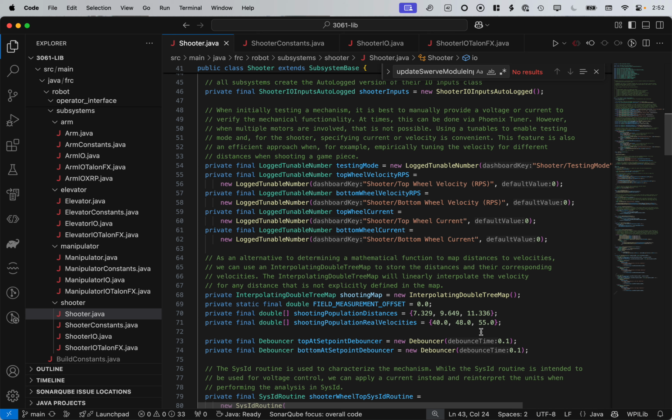In addition to having testing mode as a tunable, so we can turn it on and off, we then have several other tunables that we can use when we are in testing mode. So we have top wheel and bottom wheel current, so we can directly set the current for the top and bottom wheel. And then we have top wheel and bottom wheel velocity in rotations per second. So we can actually command a specific velocity for the top and bottom wheel. This is useful for sure when bringing the mechanism first up, but it's also useful for